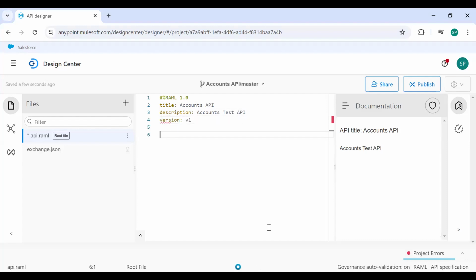Then after this, you can mention here protocols. So protocol should be HTTP and HTTPS. So here we are going to use HTTPS. After this one, after protocols, we are going to start our